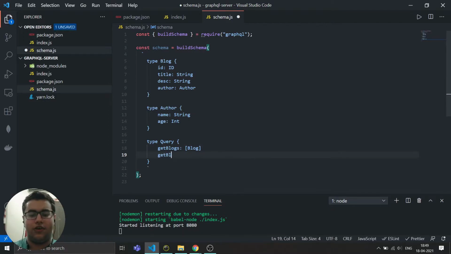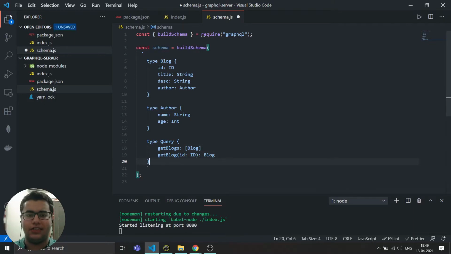Let's say if I want to get data of a single blog, then I can use a parenthesis and write an ID, because it will take an ID, and from that ID it will be searching the database, and it will be returning a blog. In case of getBlogs, we are returning an array of blogs, but in case of getBlog, we will be returning a single blog.